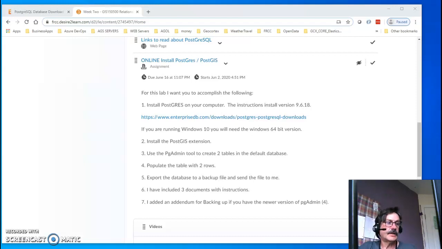Okay, so we're going to talk about trying to load, install Postgres, which is a free database that is actually pretty powerful, and it approximates more of the enterprise databases that you're going to be probably working with in the real world, as opposed to Access, which is just a single user database. But it's a little more complicated, a little more difficult to install and deal with, so we work with Access